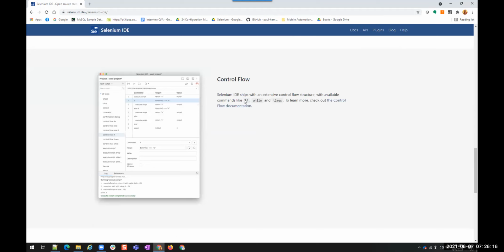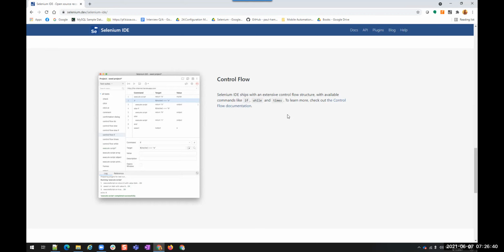This is specifically mentioned here because earlier there were no control flow statements in Selenium IDE. We used to have just record and playback, and we were not able to have control over the scripts.